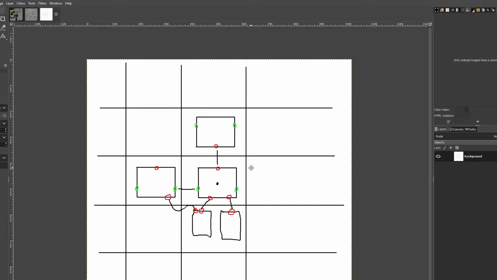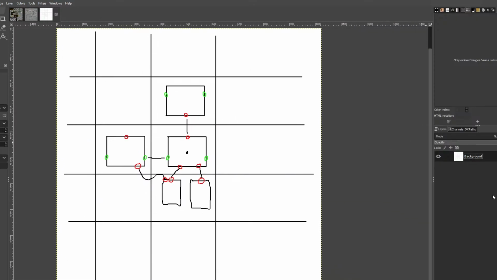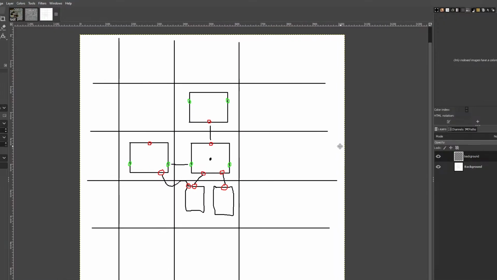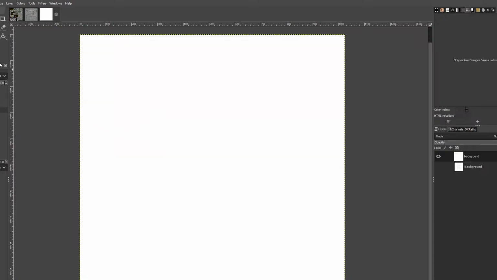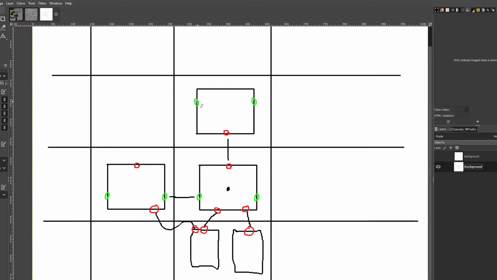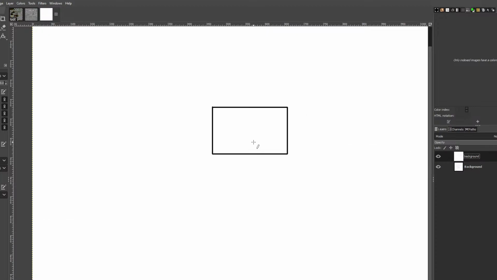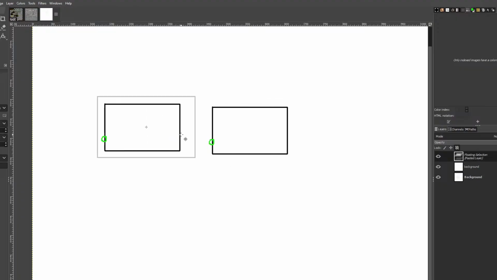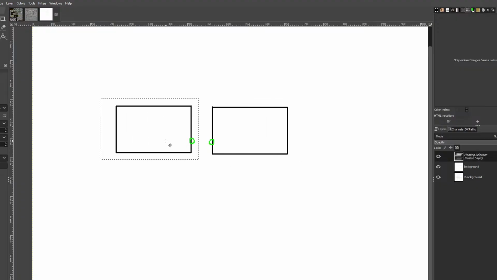So instead of doing this, let's say we have a scene here, and a connection point there. So let's say we have this scene, and then we have another scene which connects to that,